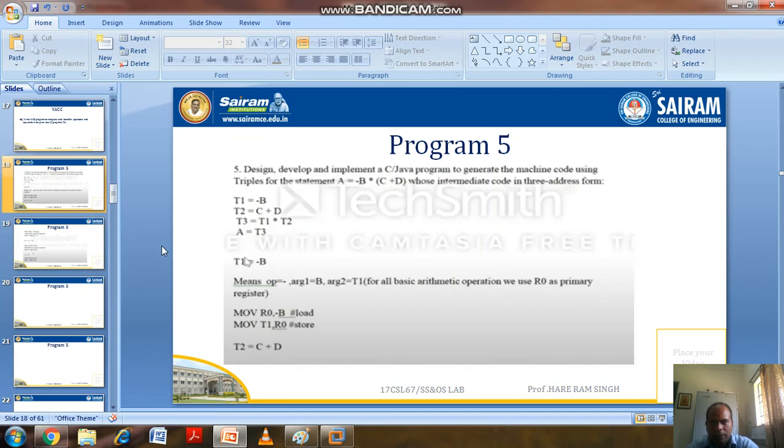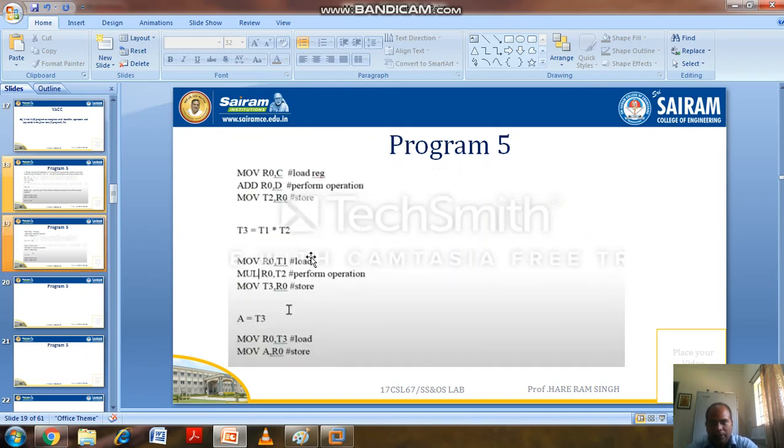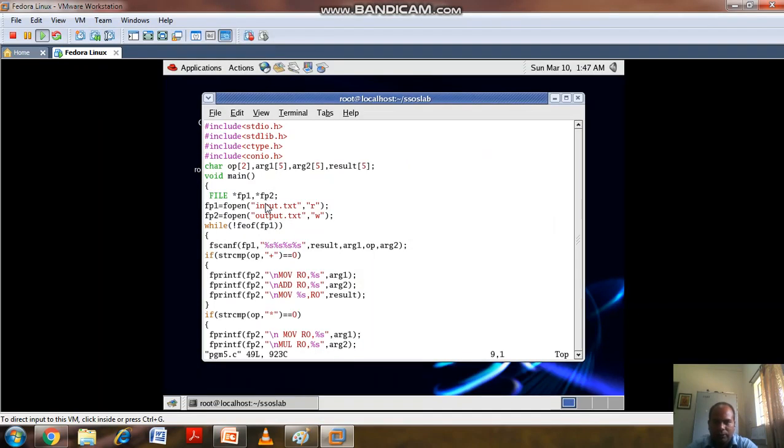For T2 = C + D, the value of C will be stored in R0, then the value of D will be added to R0, and the value of R0 will be stored in T2.